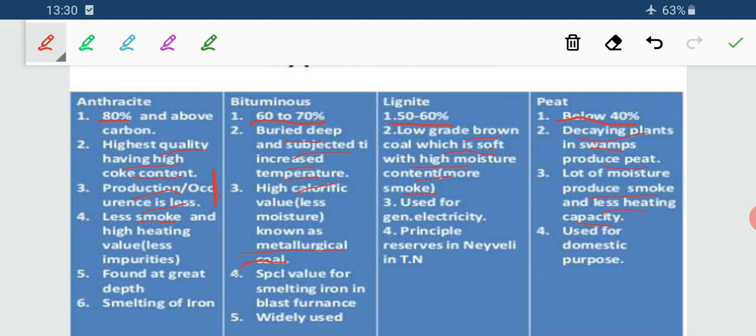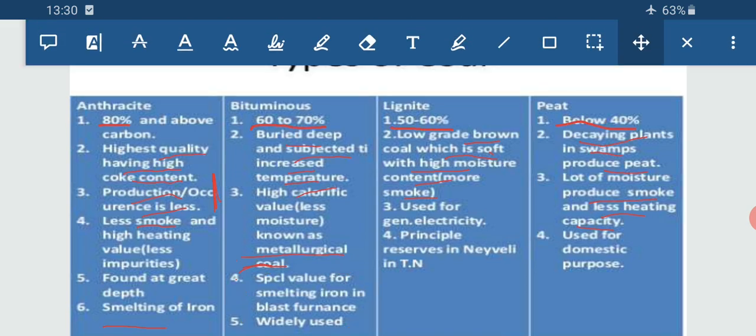Because comparatively it is softer than the anthracite, which is easily inflammable, abundance is there, and as it has less moisture content, the residue that is left out after the burning is also comparatively less. So as a result of all these properties, compared to anthracite, the bituminous is considered as a metallurgical coal. Now anthracite is basically used in smelting of iron. This is also used for metallurgy, as various activities are there, but anthracite is used in comparatively less quantity because availability is less.